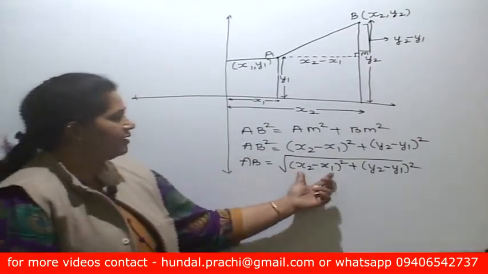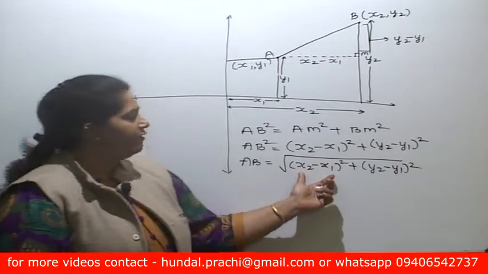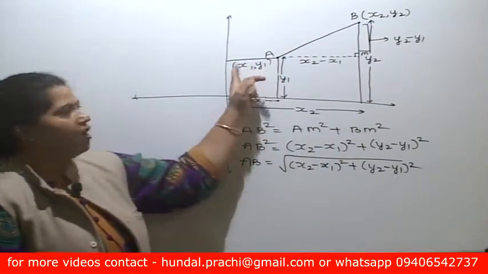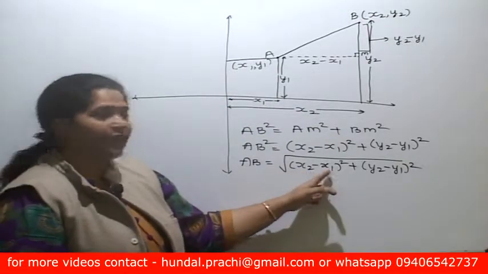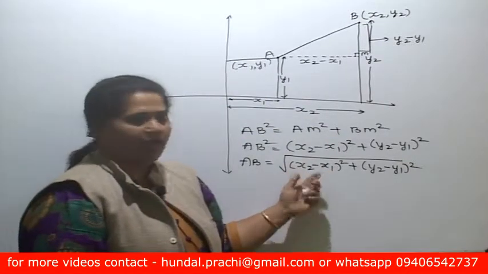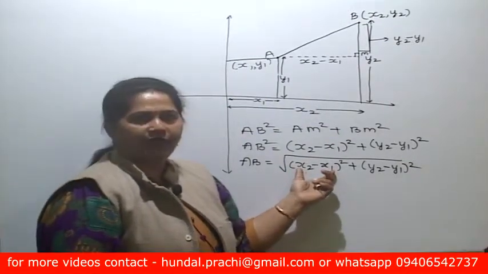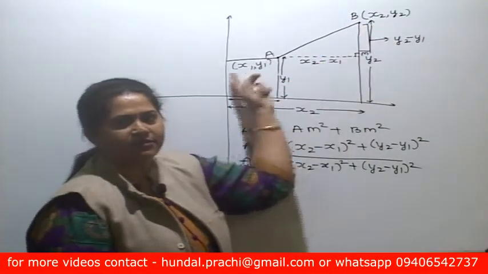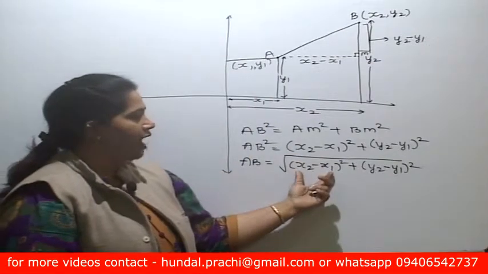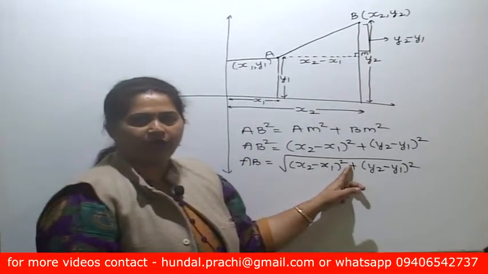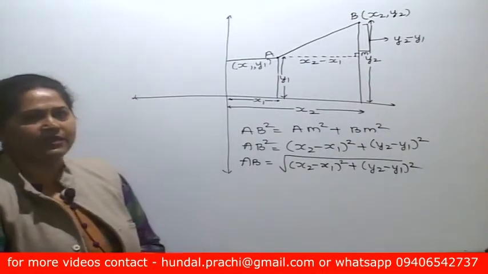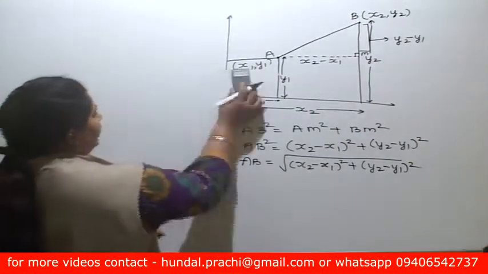Now here you can have some questioning that whether we have to take this only as x2 y2 and this as x1 y1, or can you take x1 minus x2 also? If you take any one of the x coordinate as first, suppose you have taken this thing as x2 and this is x1, and then after taking difference you are taking square of it. If you change order of the coordinates, then also the result will be same only. I will give you one example.